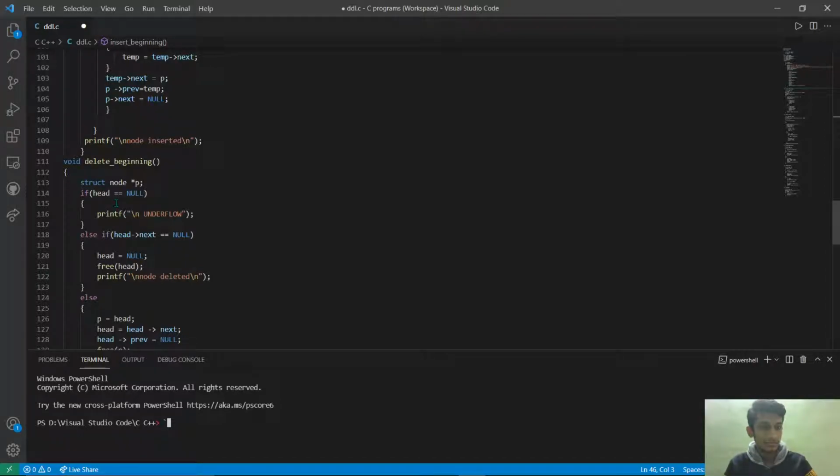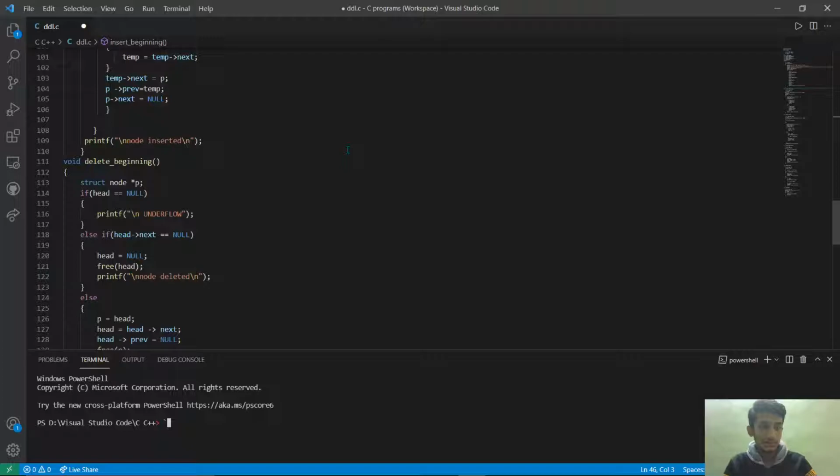And then else if head next is equal to null, if head is pointing at something and its next is null, then we make head equal to null and we just remove that element.